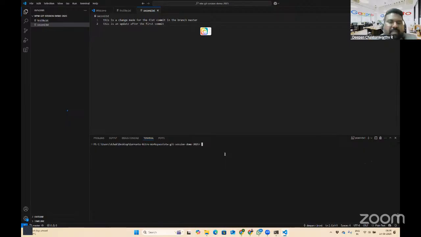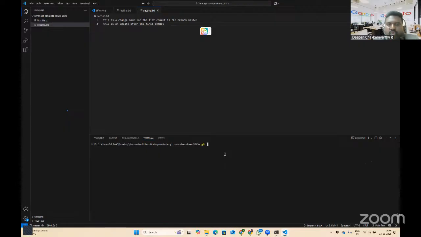Right. So now let me see how we create parallel branches. I want to make some change, but I don't want to make the change in the main branch itself, because I don't want to affect my master branch with my new changes. For that purpose, I can create a new branch. So how do I create a new branch? I'll say git. So either you can say branch.